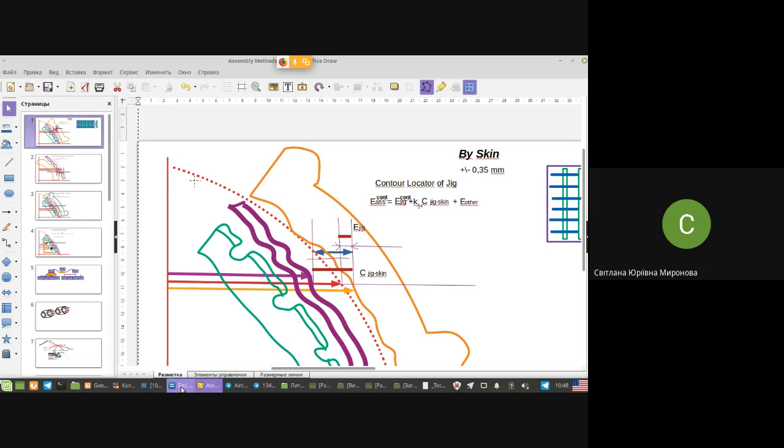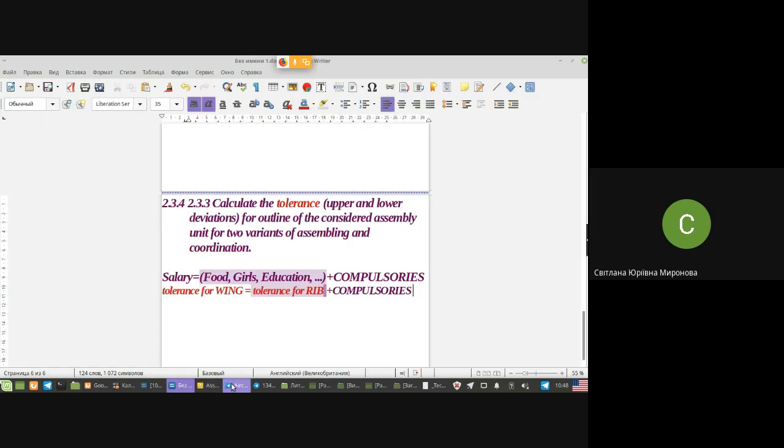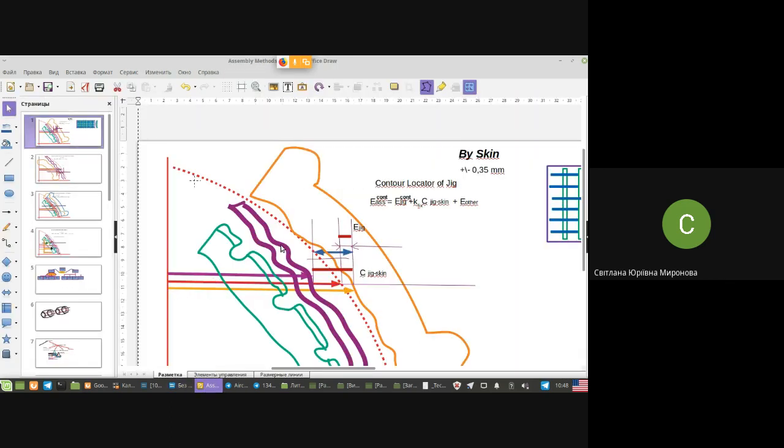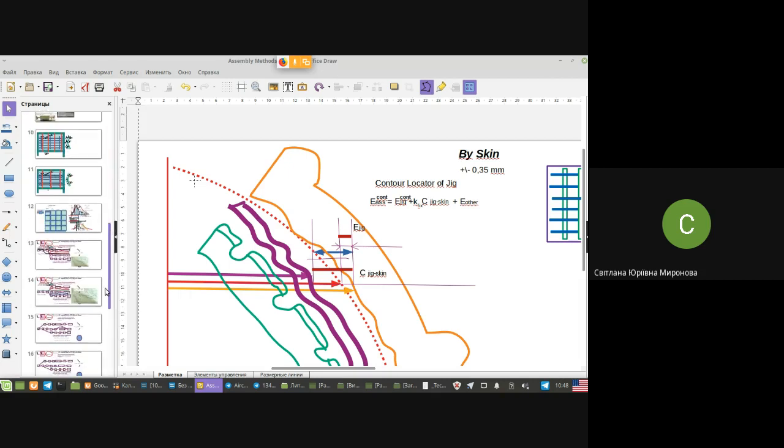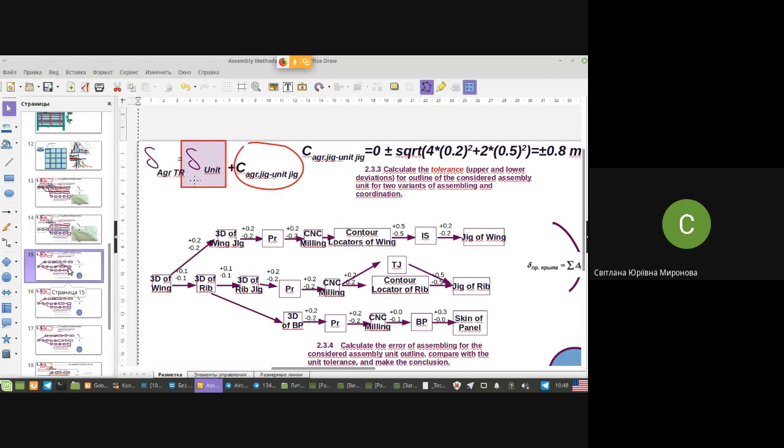Clear or not? Names of parts may be different, but the approach is the same. You need to identify the part which coincides with the outer contour. For a panel, it's a skin. For a rib,